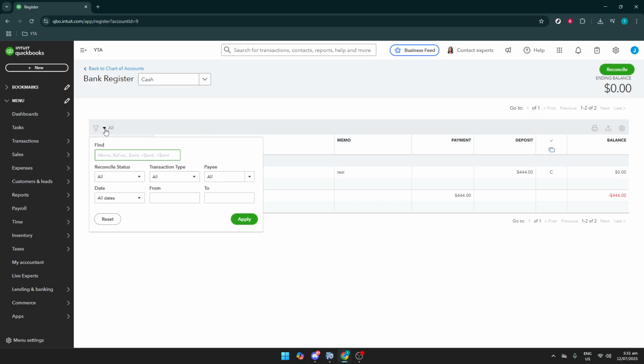And there you have it. By following these straightforward steps, you can easily navigate through QuickBooks to view and manage your accounts efficiently. Remember, understanding how to use these features effectively can greatly enhance your ability to keep your business finances in perfect order. QuickBooks is a robust tool that, when used correctly, can provide invaluable insights into your business operations. With just a few clicks, you're well on your way to